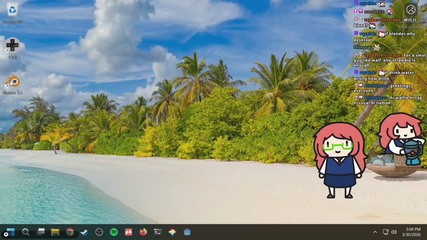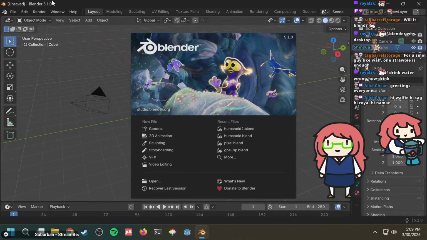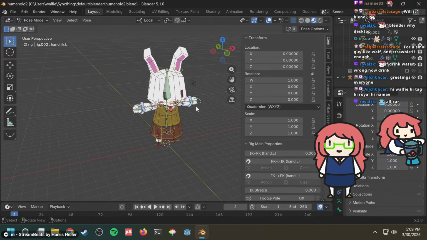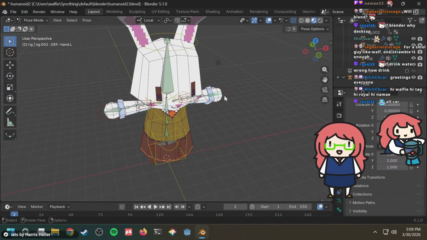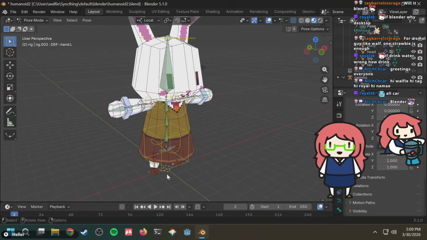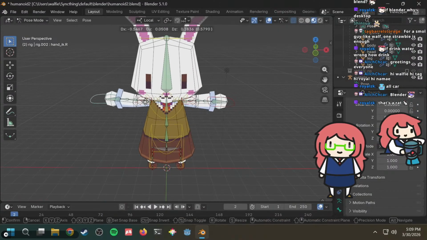Anyway, Blender. So I've not made changes since the last time. We did rig this rabbit creature, this one right here. And now it can move, okay? It can move, but we have not enabled it to move. It has things such that you can move the arms and the legs. It's alright. That is not a rat. That is in fact a rabbit.